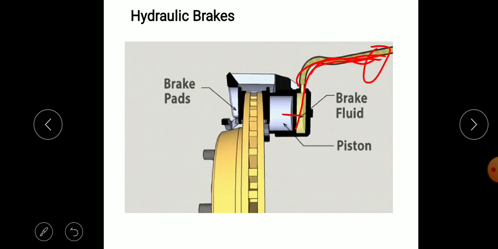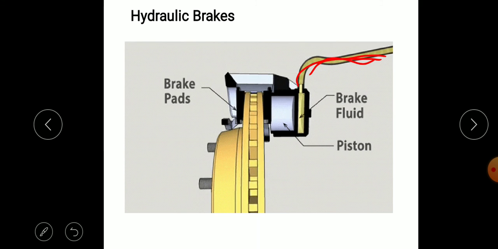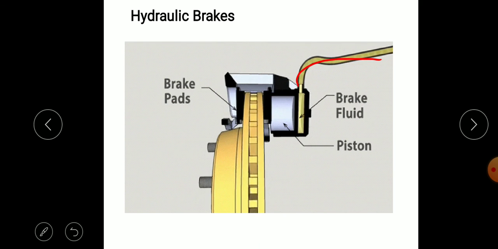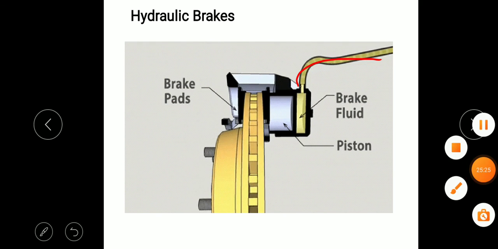When it stops, the force is applied by this hydraulic fluid, and when we remove the brake pedal, or remove the pressure at this point, the fluid moves back again. So, like the principle of Pascal's law, using a smaller force we can apply a larger force because pressure is equal in all directions. So this is Pascal's law.